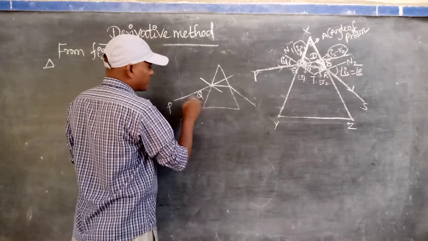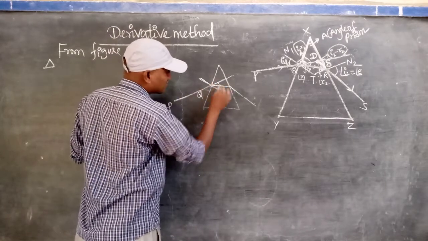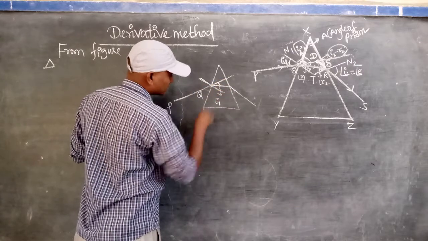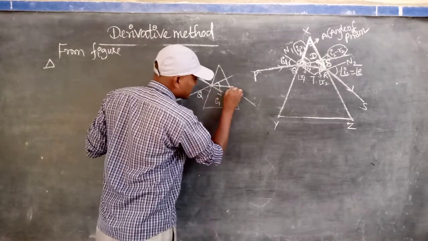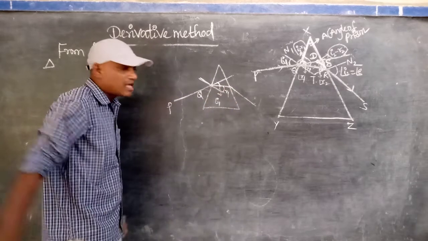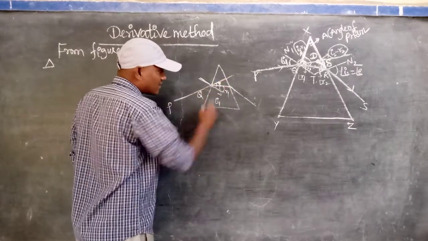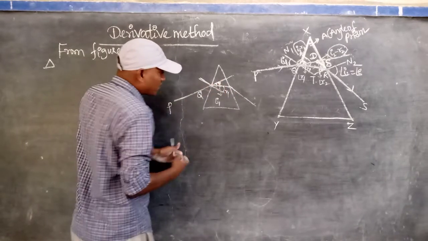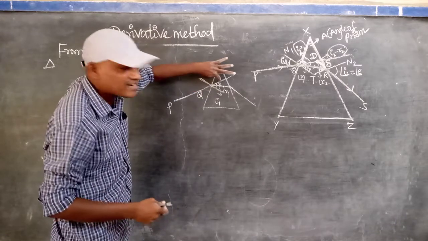The angle between the incident ray and the normal is called the angle of incidence. That's why this angle is I1. You know that. The angle between the refracted ray and the normal, this angle only we call R1. But we want which one? This angle only, not this angle or this one. We want only this part. That's why I1 minus R1. We can get this one or not.